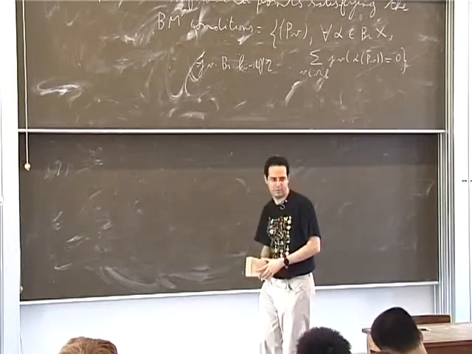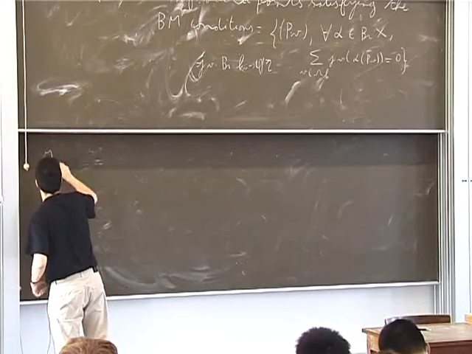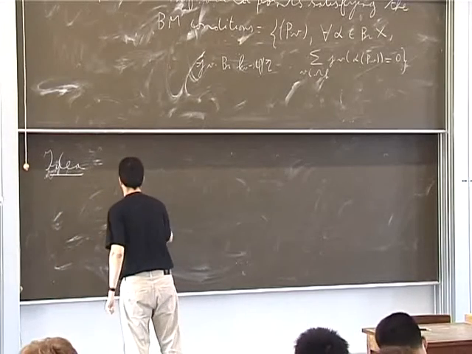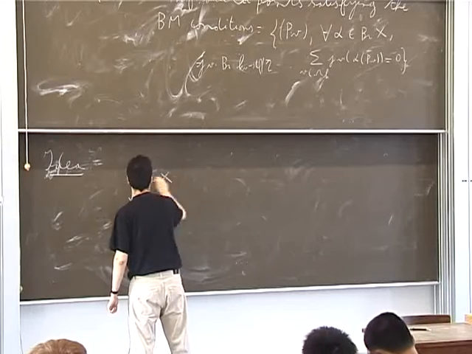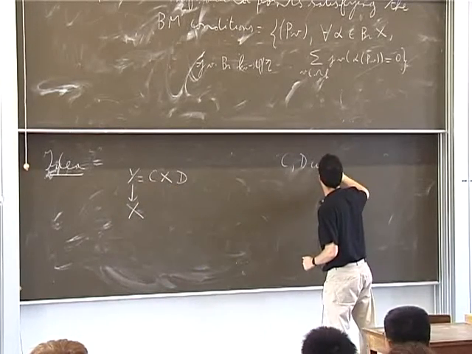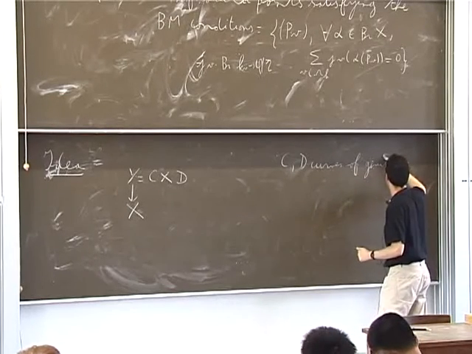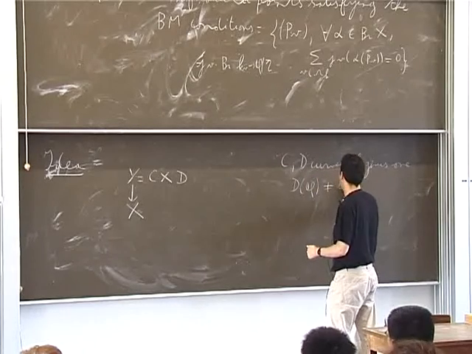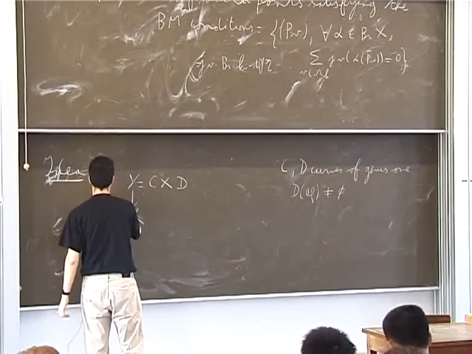So I'm just going to explain the ideas in the construction. It goes like this. You have this X, this Y, which is a product C cross D, and here C and D are curves of genus 1, and D has a point. But C has not. And then you have another, so this is a Z mod 2 covering.